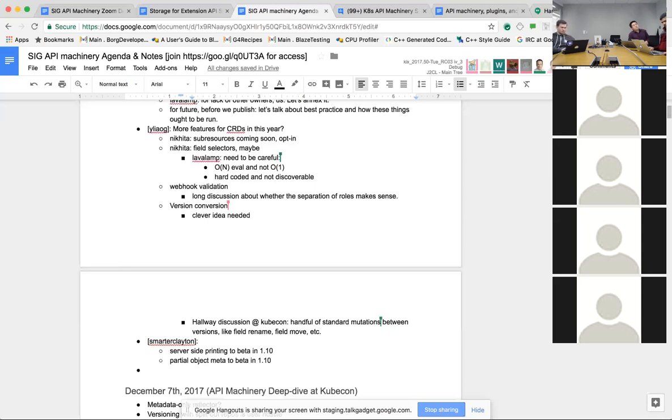Yeah, we should also maybe think about what is version usable for CRDs. Maybe we can give another solution for the same problem. The actual problem that people have is, I have version 1 and I want to move everybody over to version 2. How do I do it? Maybe we can come up with an alternative mechanism that gets people where they need to go without actually doing some strange conversion operation.